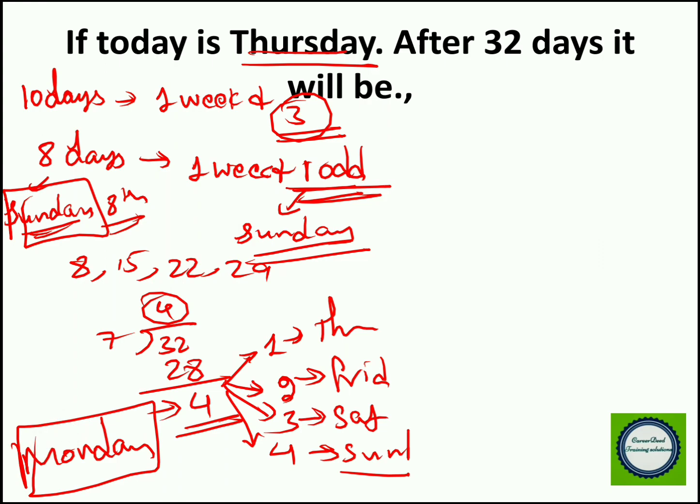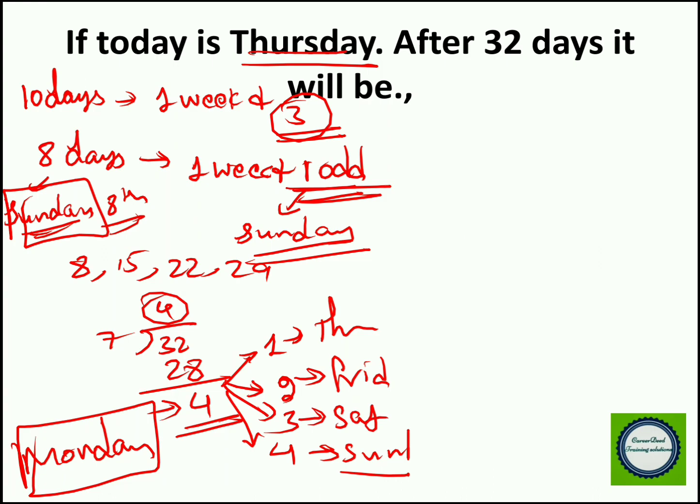So the concept is really simple. You have to find odd days and map the days with these particular odd days. If the first day is Thursday, the second day will be Friday, the third day will be Saturday. So in these consecutive odd days, you have to match the consecutive days of the week.